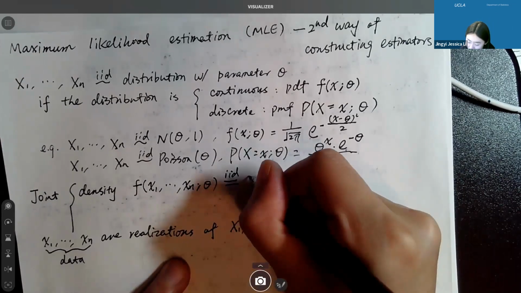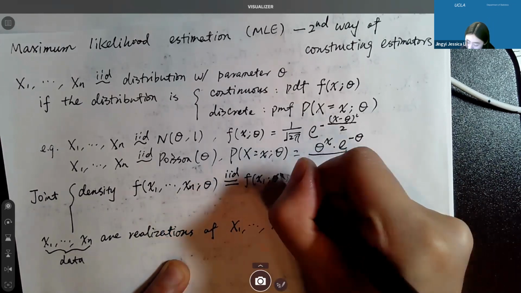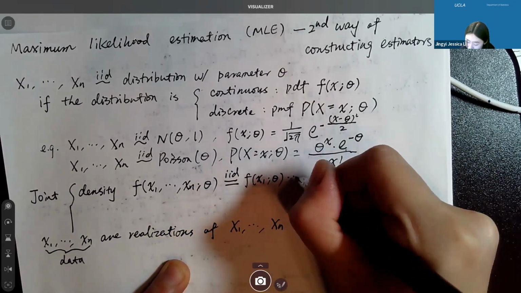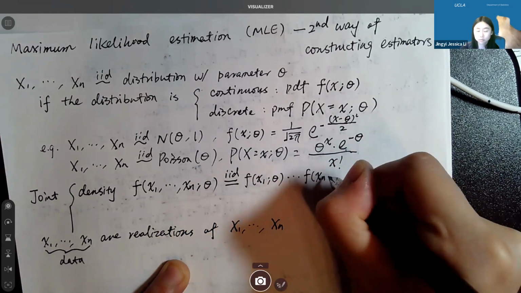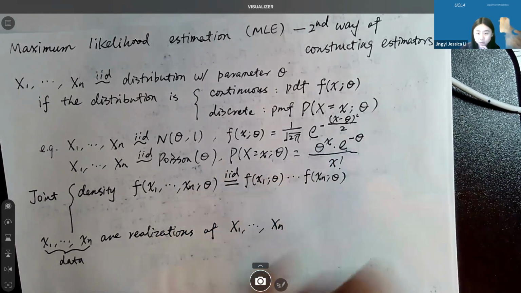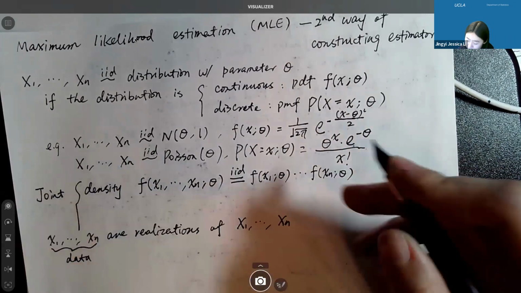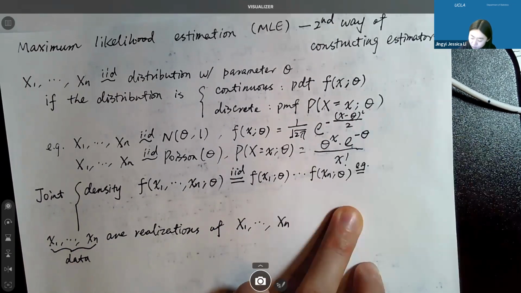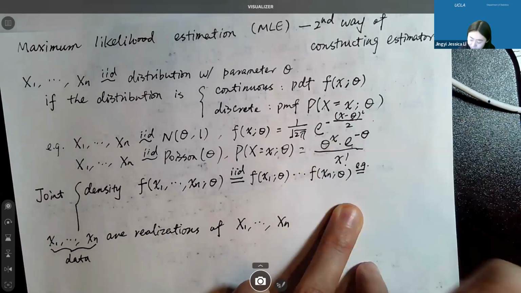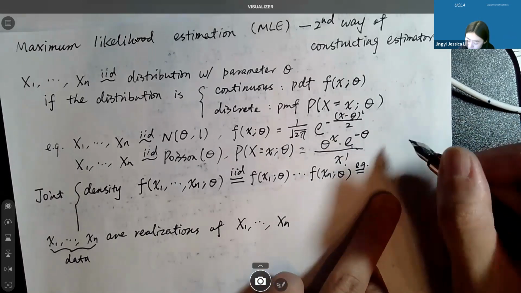So this can be factorized as f(x1; theta) multiplied through f(xn; theta). This is what we can do given the IID. So for example, if it's the normal, I'm going to put the normal formula here. You can see that by multiplying them together, what I will get is simply